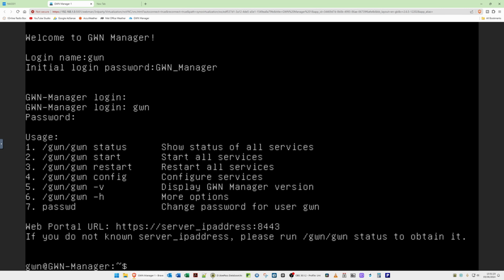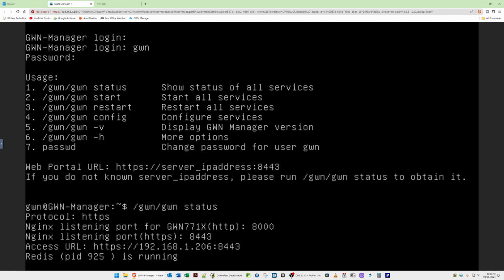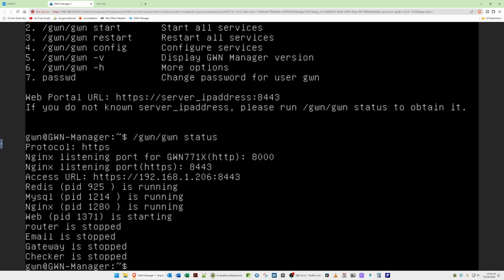And as you can see, we're now logged into GWN Manager for the command line, and we've got usage options there, so we can type in, for example, /GWN/GWN and then space status, and then press enter. And as you can see, it's saying Nginx listening port, and it's got the IP address there of our GWN Manager. So as you can see, the access URL is https://192.168.1.206 and then a